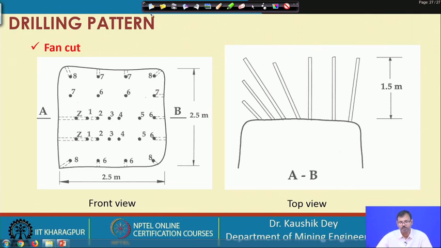If someone uses some paper to give air to himself, the way he waves it, it is similar to that, as this is moving this way, this is moving this way, like giving some air to himself. That is why it is called fan cut. So, fan cut and drag cut are both half wedge cuts, and that is why their applicability is more or less similar.